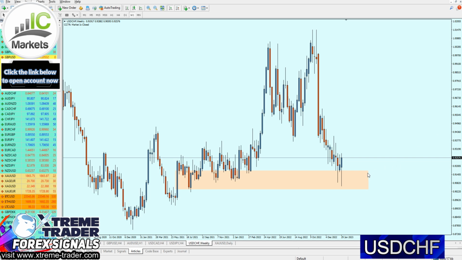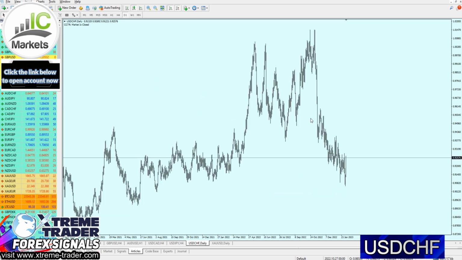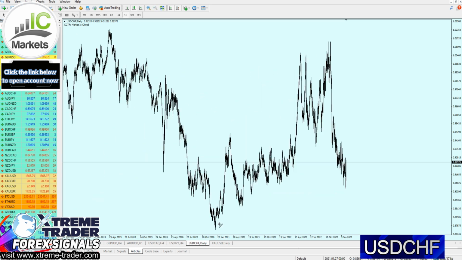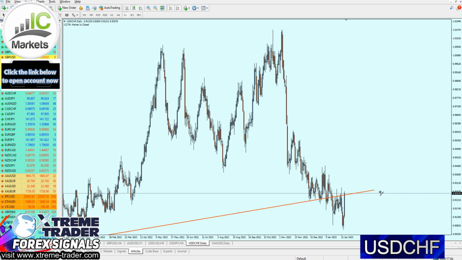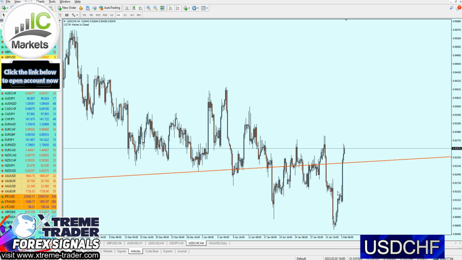So moving now to the daily chart, just to confirm if our entry is accurate. Right now, what we can see right here, my friends, is that support trend line. If I draw here the support trend line, we can notice right here that we had a support trend line, then we had here that fake breakout, and now the market is actually rising. Now, as you can see, we had here multiple attempts of a support trend line, making this line here a bit confusing. But if I'm not mistaken, and if we move to the 4-hour time frame, that's indeed the best level. Actually, no, I want to be clear here.